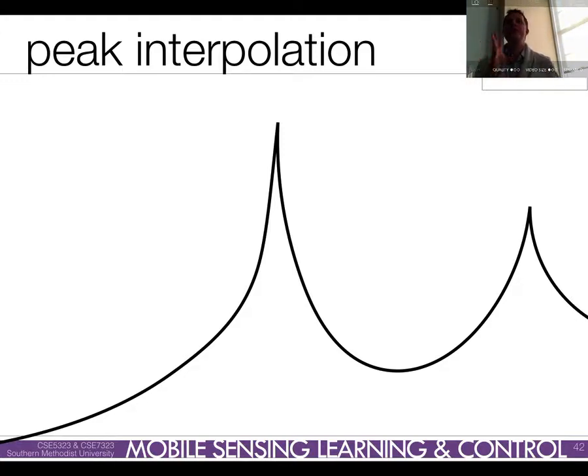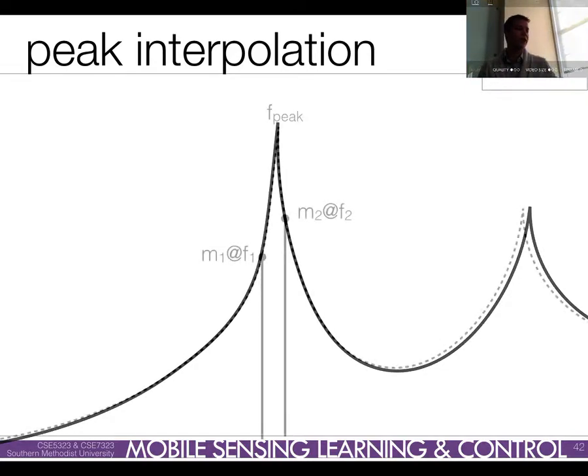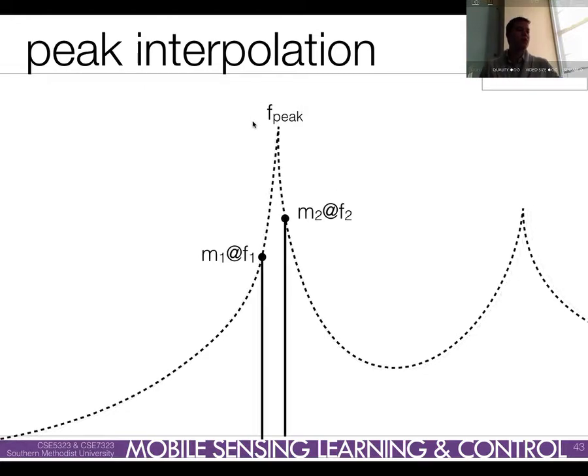Essentially, this might be the underlying FFT that you have. And remember, the FFT is continuous, but we have to do it digitally. So all we get is samples from the FFT, right? And all those samples are spaced equally in frequency. So essentially, this is the peak that we're looking for, right? Here's the frequency of that peak, right? But essentially, the FFT is giving us two points, and the peak doesn't fall exactly on one of the points from our FFT,